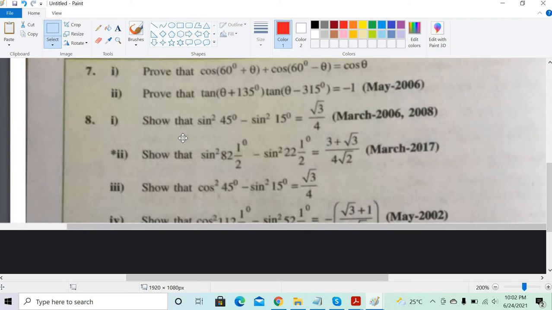So sine square 82 and a half now. Yeah, so we know that its double is 165. 180 minus 165 will be 25. So for 25 we also don't have any sine value. You have 25 by 2. Okay, so you don't have this part. We have 22 by 2 though. Like that, sine 45 we have. Yeah. So, yeah, Vijay.